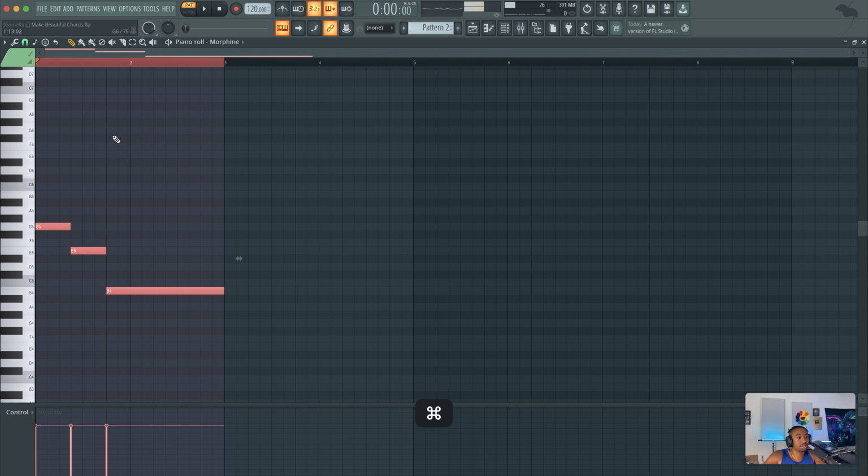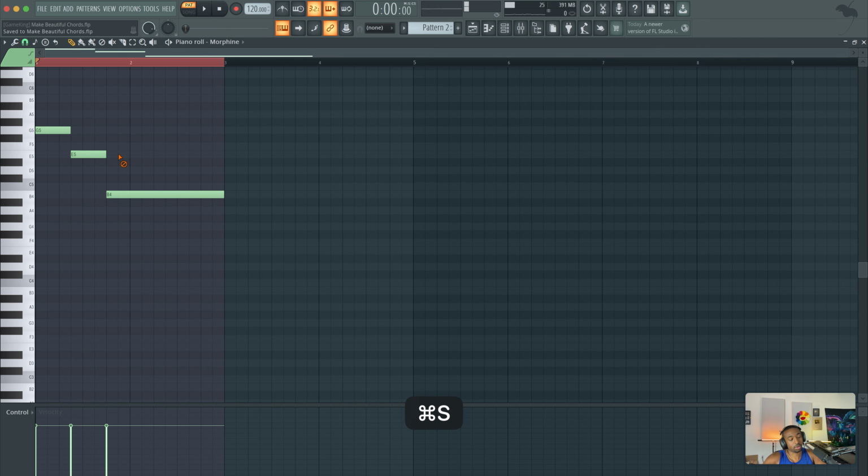When we're making chord progressions, we need to firstly assume that the note that we hear in our head is the top note of a chord, because we're assuming here. Now there's more complexity to this, but in short, we're going to assume that these are top notes. Now I'm going to start with a minor ninth chord because I know that it had more of a lush sound. So if I have a minor ninth chord and this is the top note, instead of 0, 3, 7, 10, 14, we're going to count backwards.